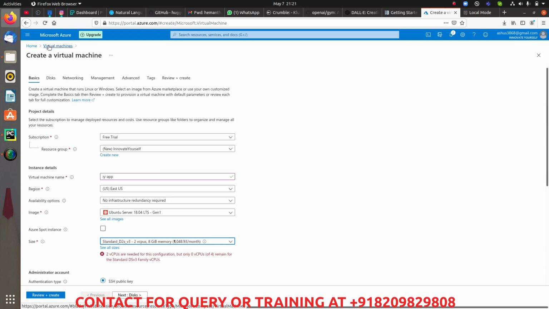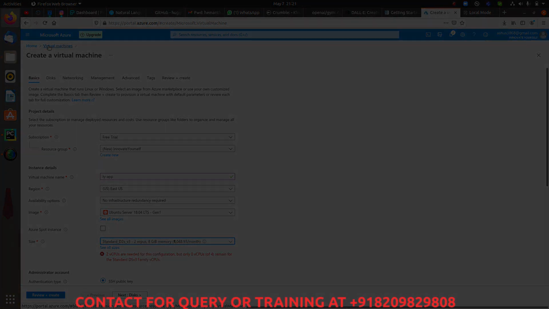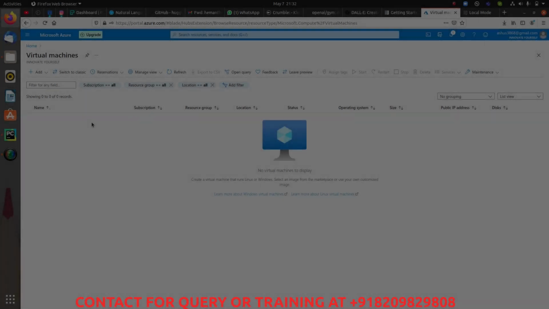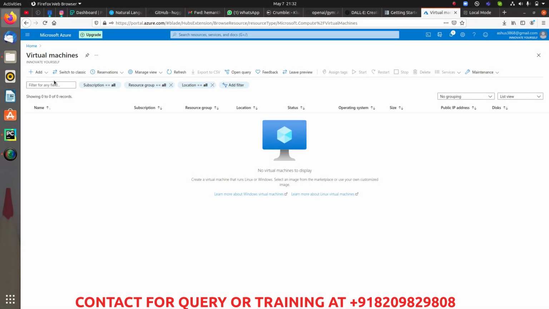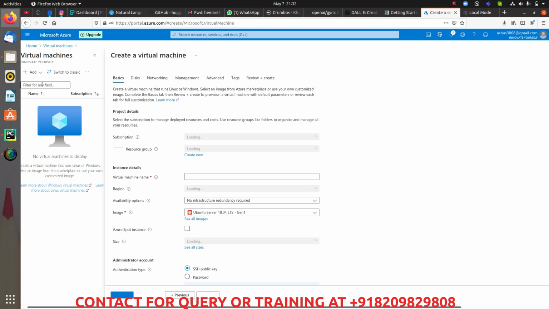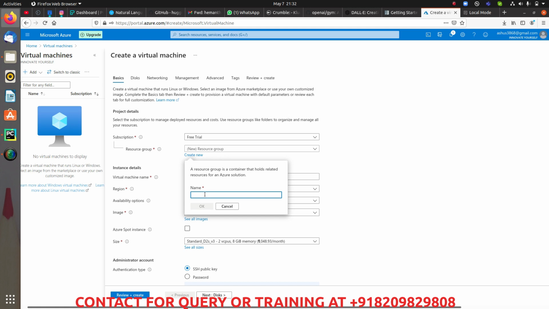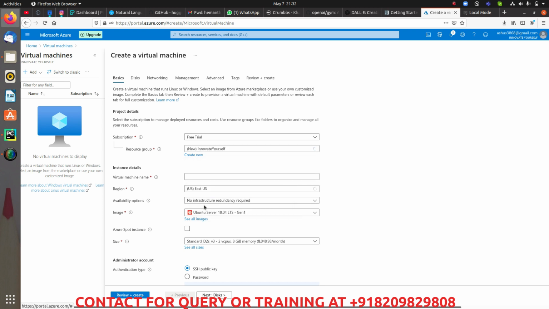Let me just go back and let's delete one of them which I'm not using actually, right? So let me delete that instance first. Alright, so now first of all what we have done is we have deleted the instances that were already there and that were using the CPUs. Now let's create a new virtual instance, and let's again fill in the rest of the things. First of all, just use the trial package, and accordingly just write the resource name. Just click on OK. Okay, so it is created.